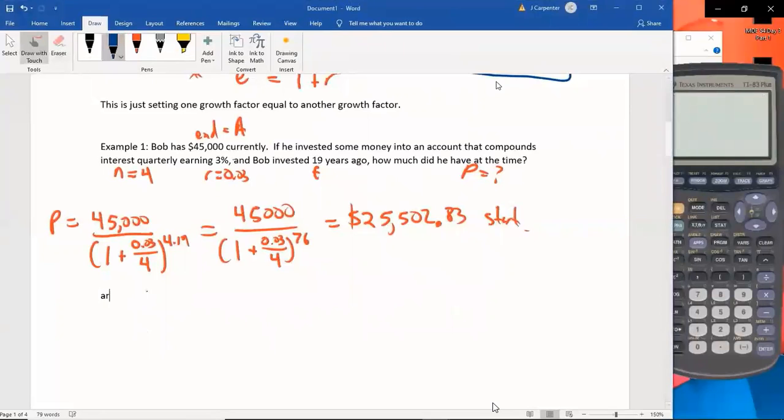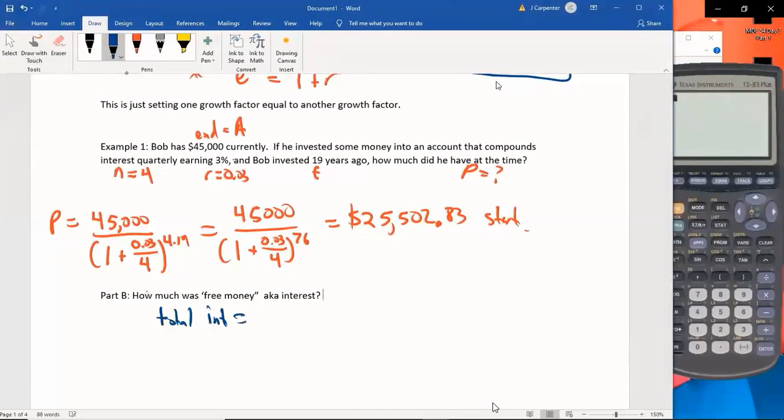Part B. How much was free money, aka interest? I'm not asking for the interest year 1. I'm not asking for the interest year 5. I'm not asking for the interest year 19. I'm asking for all of the interest. And the total interest